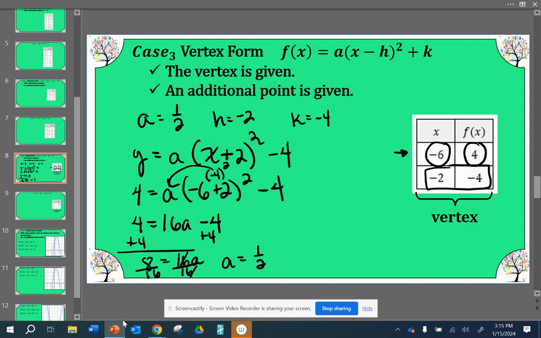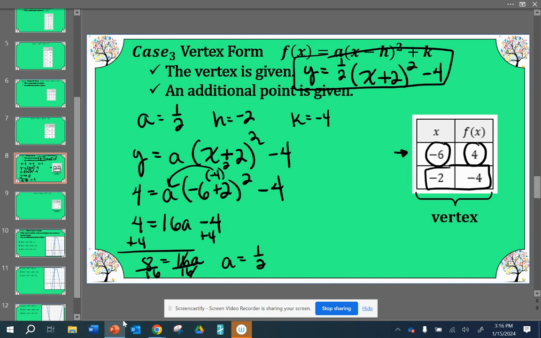Now we have all the components of vertex form. So we have y equals 1/2 times x minus -2, quantity squared, minus 4. So this is vertex form. If we want to convert this to standard,